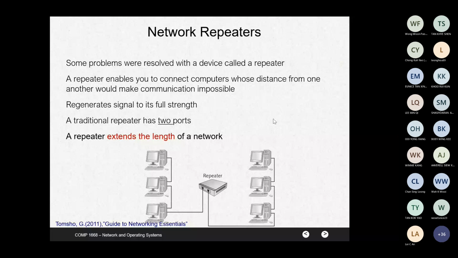So the repeater, again, like what I said, is a very old device. In today's world, we don't really use repeaters, because we have many other devices which have replaced them. But that's how we started our networking world, our networking knowledge. And then quickly we move into Ethernet,